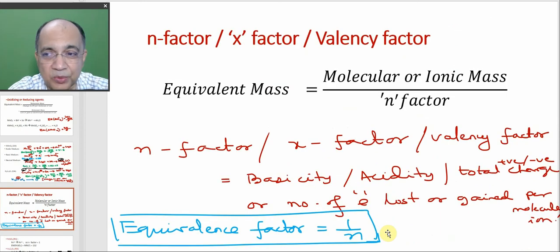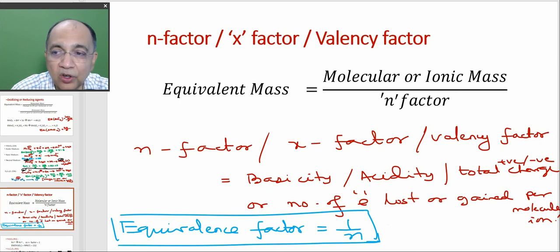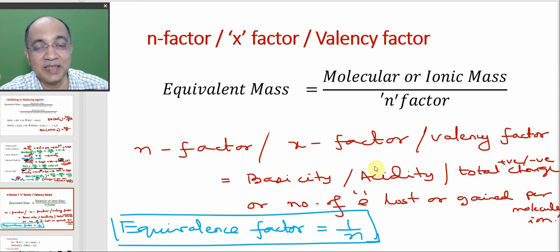Now, these factors with which we divided, taking that in the denominator, like 5, like 1, like 3, like 2, all these, whether it is a metathesis reaction, acids, bases, and salts, or a redox reaction like what we have done just now, the factor is often called N factor, or some people call it X factor. X factor has a different meaning. He has that X factor, which will distinguish him from others. It's not that same X factor.